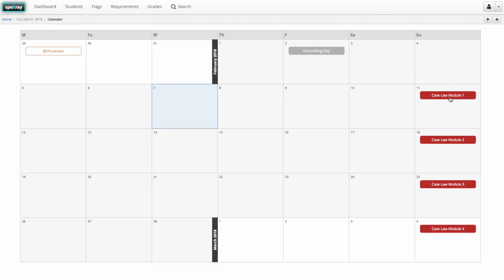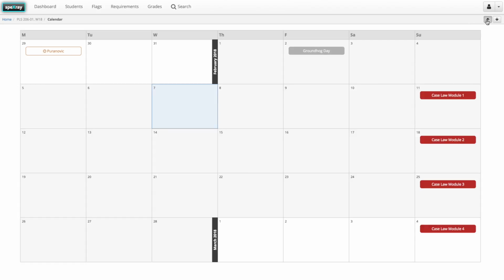Items marked in red are the due dates that you have set for various requirements in your course. Events in gray are course events that you have established in the course settings screen. Events that are white with a brown border and a clock represent extensions that you have granted to students for assignments. At the moment, to move the calendar to a previous or next month, use these buttons here in the